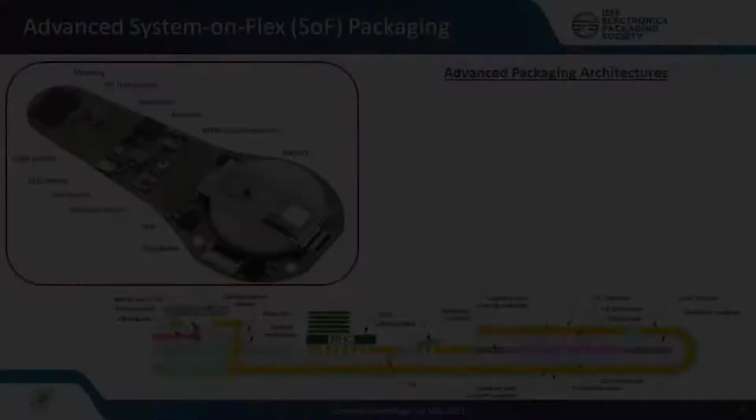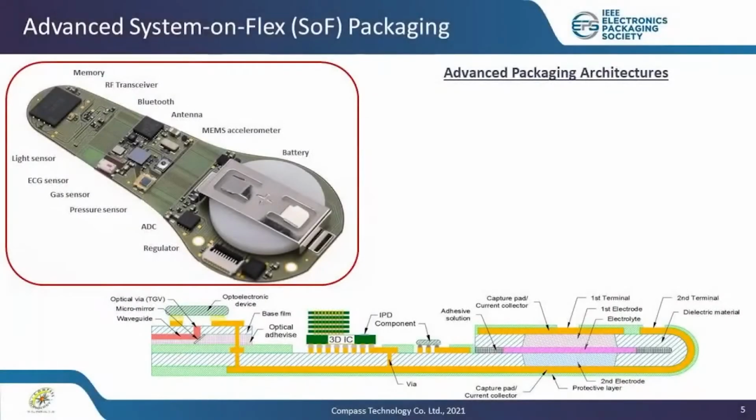From the system-on-flex packaging perspective, there are many different sorts of devices to be assembled onto a single package, targeting a small form factor. For example, many active devices, MEMS, sensors, RF performance-related devices, or shielding layers as well. The I/O of the IC can be fanned out and redistributed using the fine-line technology of the flexible circuit. So there are many different packaging arts to make significant form factor reductions possible.